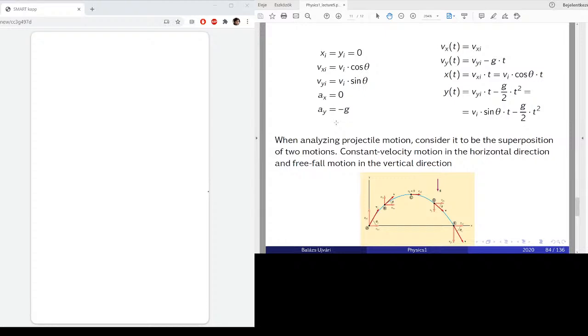How can we calculate things? Since there is no acceleration along x, the vx at any t will be the initial vx. The vy, since there is acceleration downwards, vy(t) will be vy initial minus g times t. From this, if we integrate again, you remember from the last lecture how to do this calculation, x(t) will be vx initial times t, but we know vx initial is the initial speed times cosine